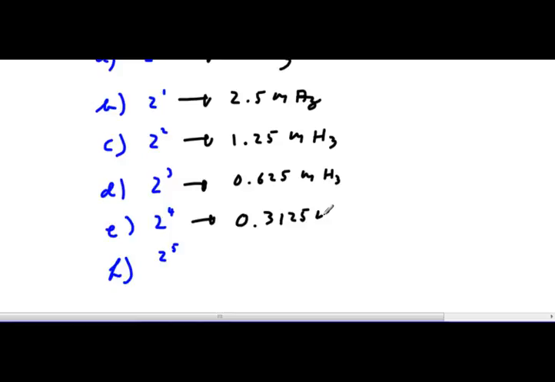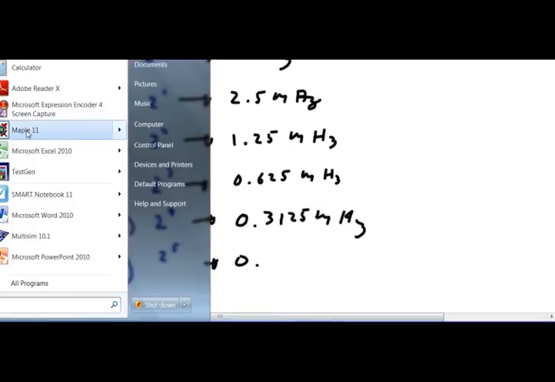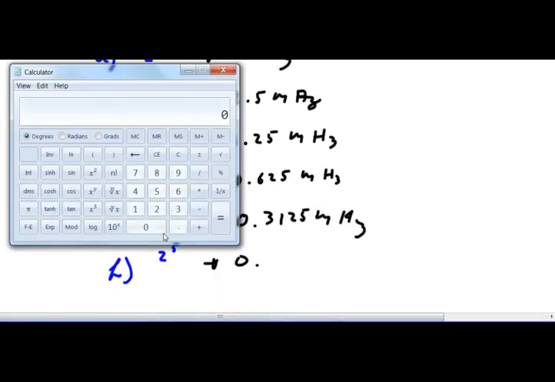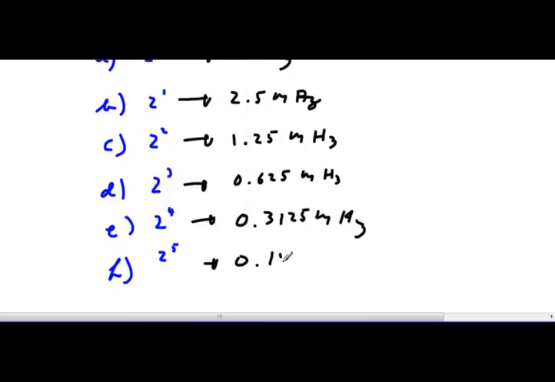0.3125 megahertz. I don't know. Do I have the calculator up? Where's my calculator? 3125 divided by 2. Alright, so 15625. 15625